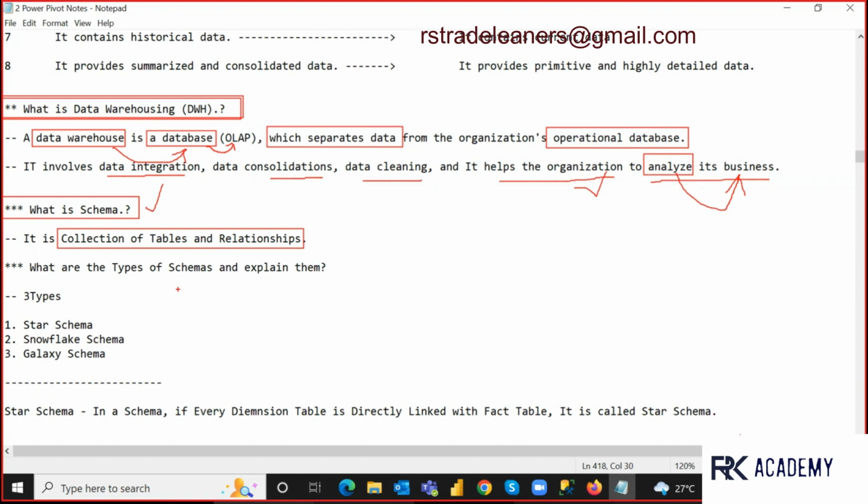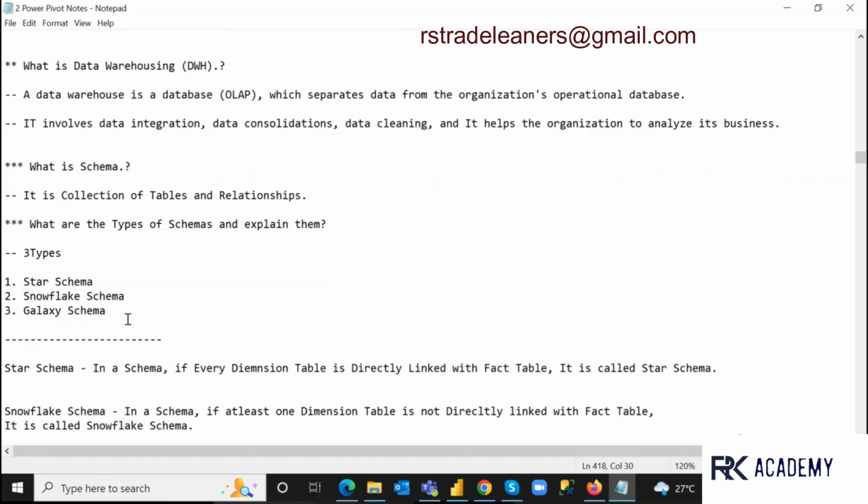Right, guys? So what is schema? What are the types of schemas, and explain them. We have three types of schemas: star schema, snowflake schema, and galaxy schema. What are those? We'll discuss them now, guys, in detail. So for that,